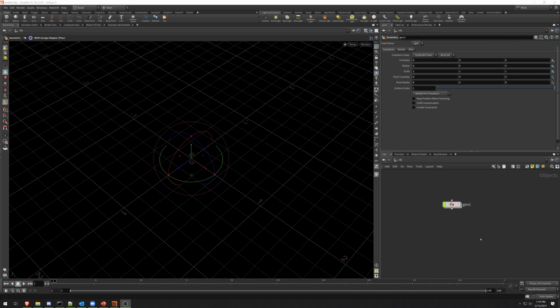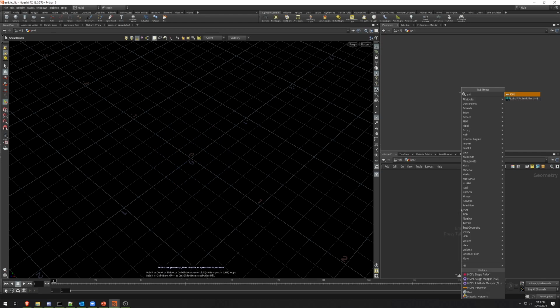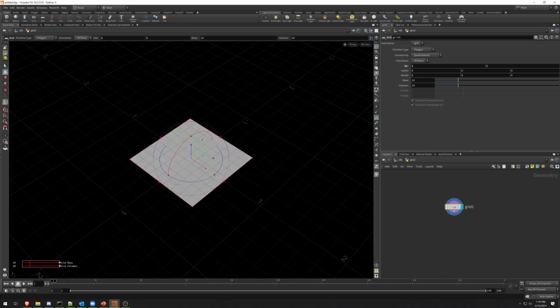Okay, now let's take this a step further. What I want to do is try to adjust the properties of a material instead of just assigning materials. So I'm going to create a new geometry container and dive inside. And Houdini has a bunch of different textures built in that are easy to use for examples like this. So I'm going to start by creating a grid and scale it way down,